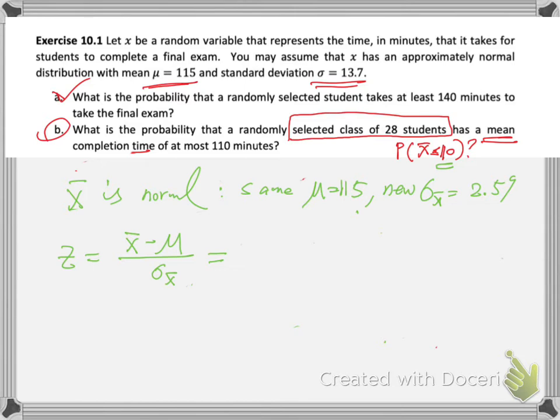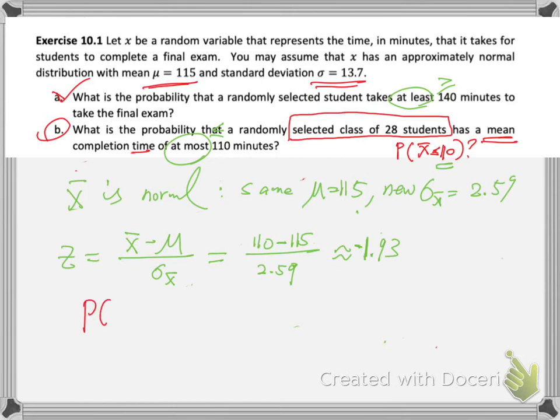And then this time we want to know the area to the left because they said at most. So at most is less than or equal to, at least is greater than or equal to. So we got 110 minus 115, the mu, divided by 2.59. So this is about negative 1.93. So now we just need to find the probability. Now the probability question for x changes to the probability question for z, and then it's less than,